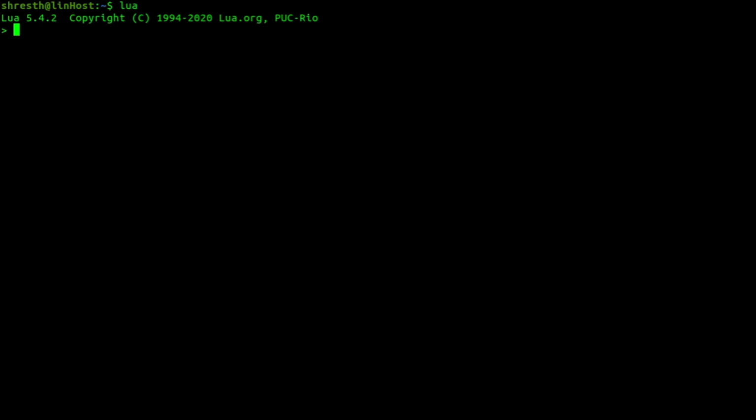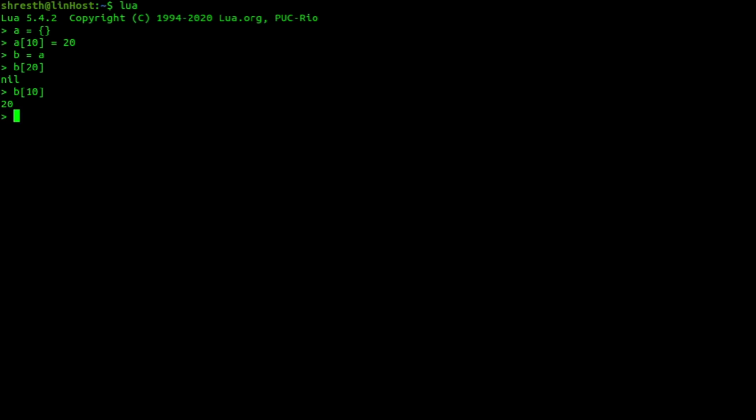One point to keep in mind is that tables are anonymous in Lua, meaning you can assign tables to other variables also, because they are used like references. So let's say I have a table A and I store something in this table, let's say A of 10 equal to 20, and now I assign this table to some new variable, say B. Now I can index the variable B like I did above for A, so B of 10 will give the same value. So that is what I mean when I say tables are anonymous in Lua.